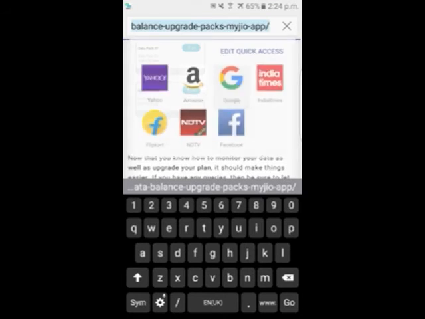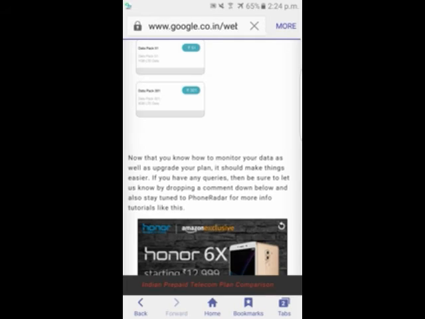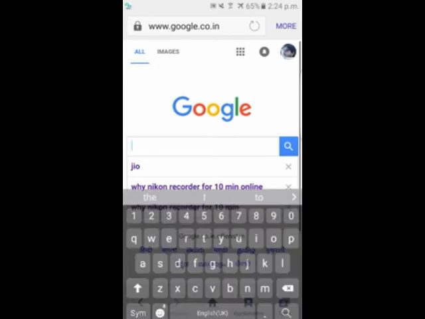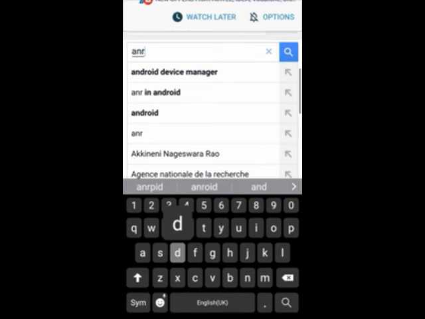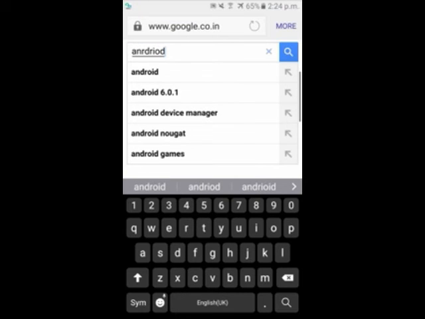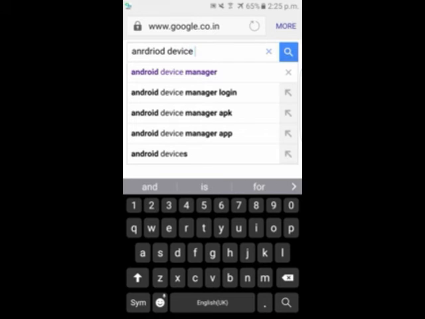Just go on Google and type Android Device Manager.